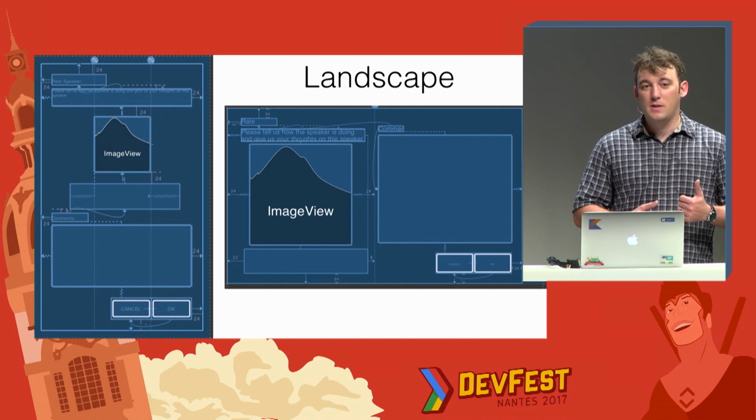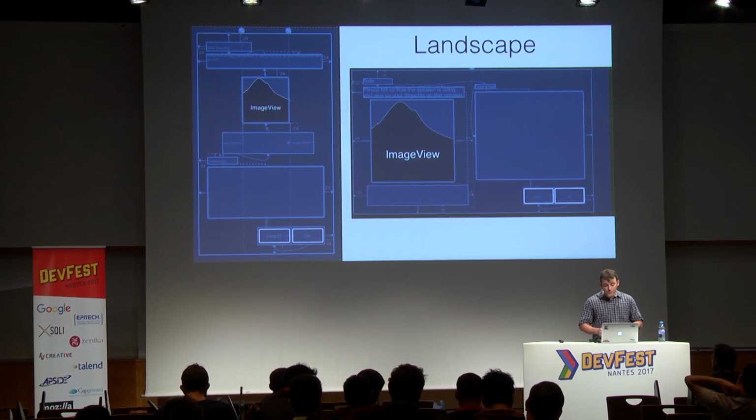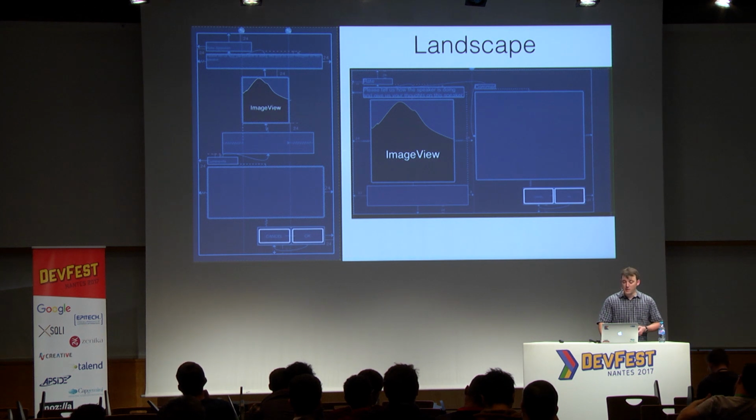What's nice with it is that you are then in full control of when you do the instantiation of those constraint sets. So you can make sure that you do that at the right time and not when you want to make sure that everything is smooth. So you can do a kind of pre-caching of loading those rules and applying them at runtime. And when you apply them, as long as the IDs are the same, we just apply those rules. We don't reload the view hierarchy. All those views are the same. So that's a nice, powerful idea.